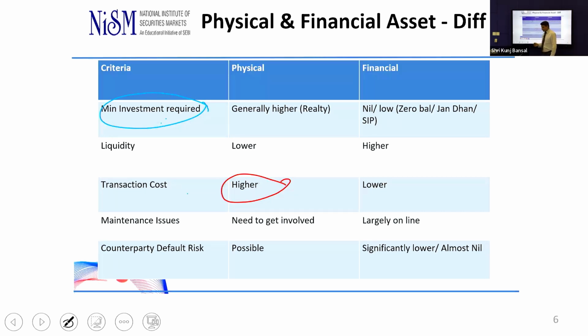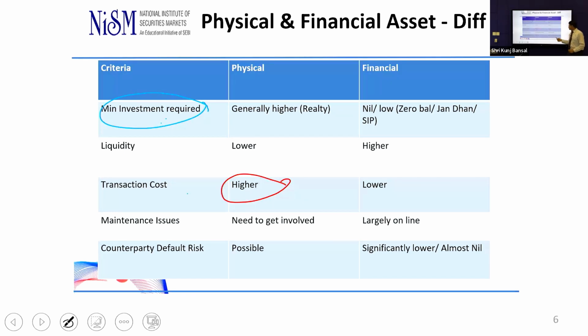Counterparty default risk, another important point which you didn't highlight, some of you. What is it? Can somebody quickly type in? When you sell a property, the buyer will say, okay, I'll give you money after a week. Now, buyer default, yes. Fails to perform the obligation. Non-payment, yes. All those are the default risks which are there for all physical assets, specifically gold and real estate. Payment may or may not come.